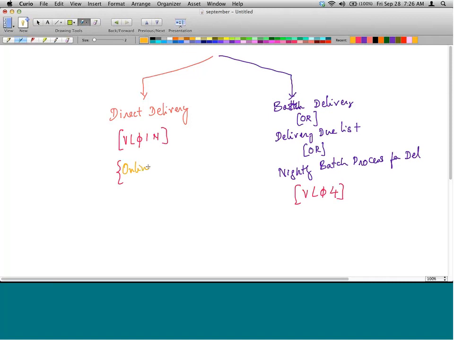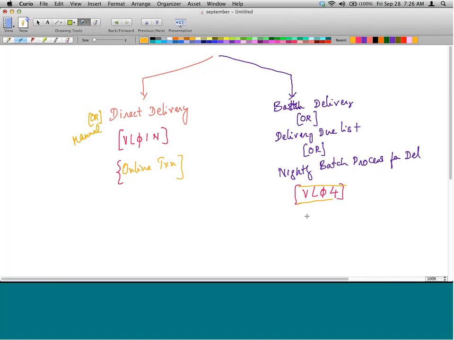This is an online transaction, meaning the user will execute it by going to VL01N, typically. VL01N will be entered in the transaction and then the delivery will be done. That's why it's called a direct delivery or manual delivery. As opposed to a batch, which is not executed directly online. It can be, but it is not generally. It is executed as a batch process, meaning VL04 will be set on autopilot using a batch process.